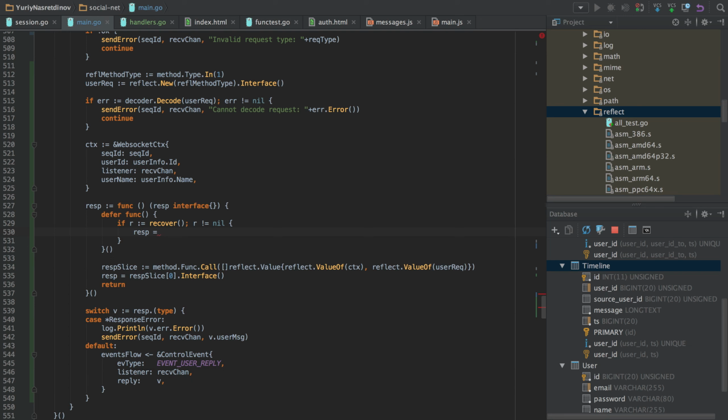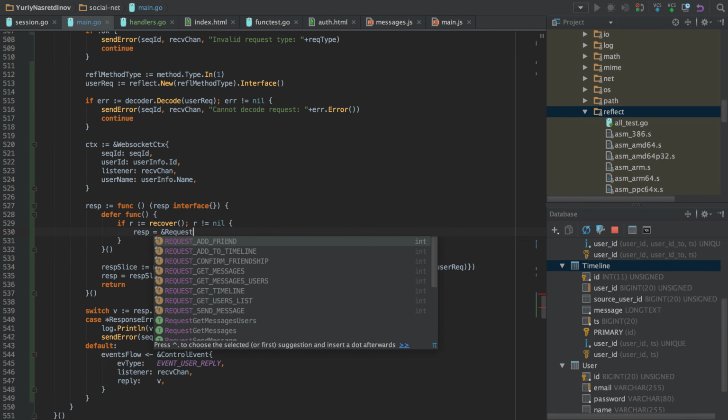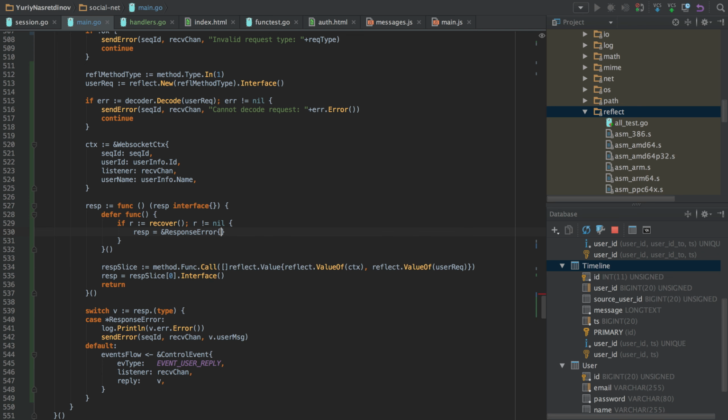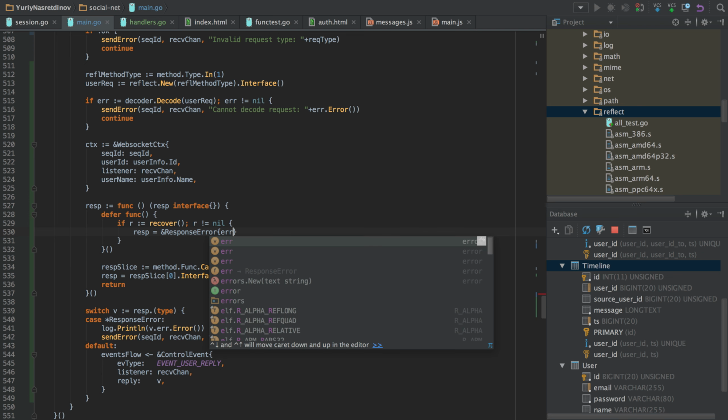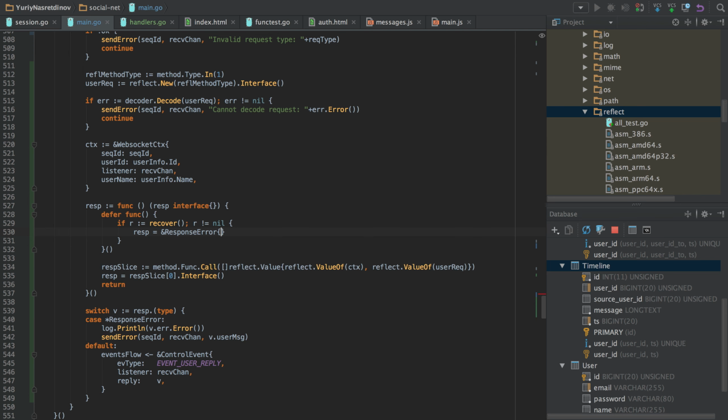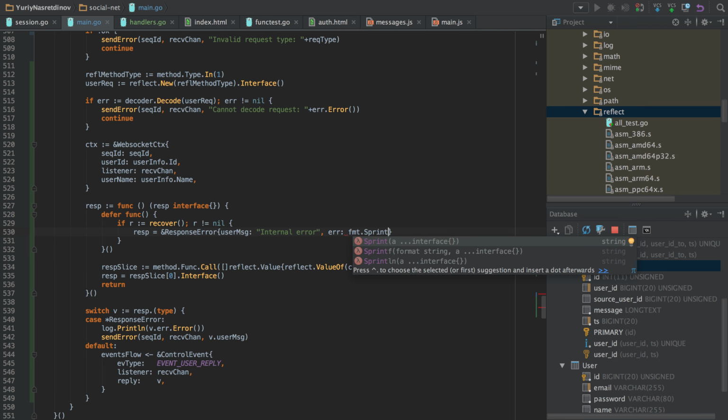So we could recover from panic, and you do this by calling recover. And if a panic happened, then recover would return an empty interface that's not equal to nil, and it would have the value that was passed to panic. So the user message would be internal error, as it happens with any internal server error that is unknown to a web server.